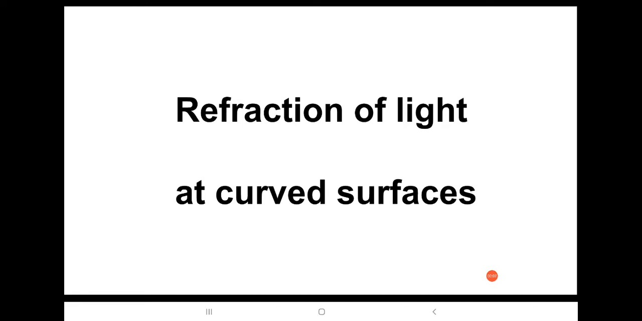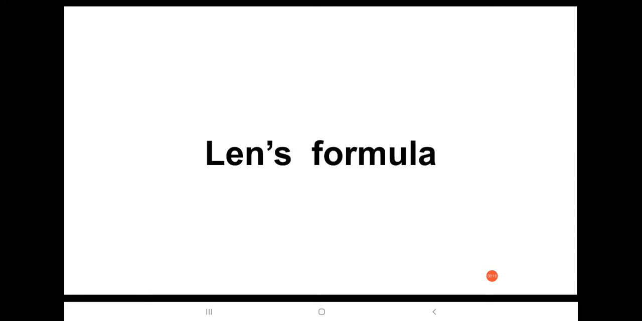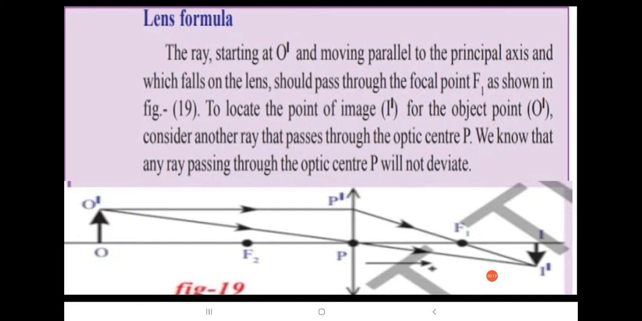Now we are going to study the topic of refraction of light at curved surfaces, that is, the lens formula. To derive the lens formula, here I have taken a convex lens. On the principal axis, we have the object on one side of the lens. Here I mention that as O dash, and on the other side of the lens the image is formed, I